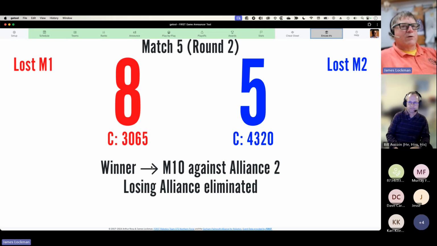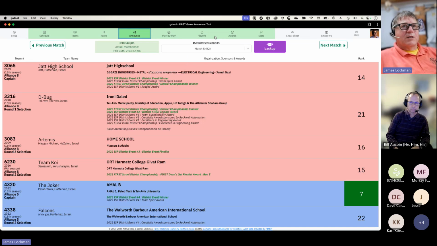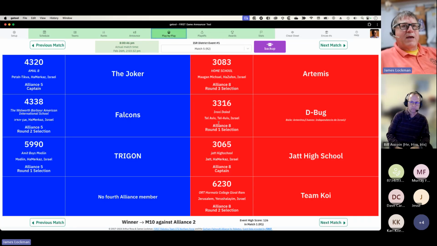So it says the winner will move to match number 10, turns out against Alliance 2, and the losing alliance will be eliminated. So at the conclusion of the match, make sure as you're looking at your announce screen for this match, your play-by-play screen for this match, that you thank the teams on the losing alliance